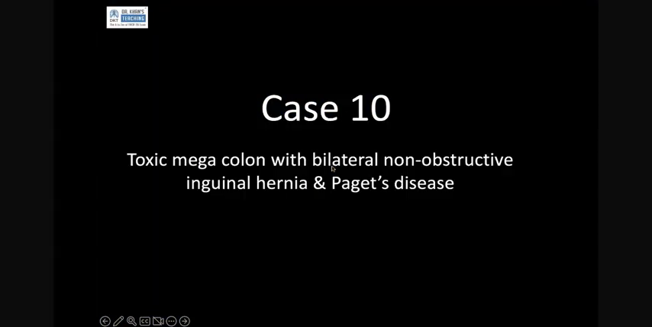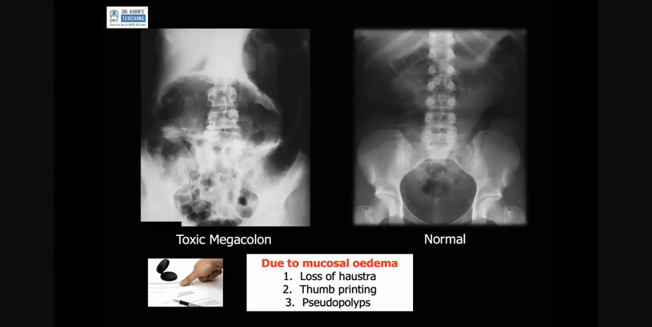So this was a case of toxic megacolon, bilateral non-obstructive inguinal hernia, and Paget's disease. Busy scan, there was an acute finding, and there were some findings for observations. So in toxic megacolon, you have to look for, so this is normal haustra in a normal colon, and you